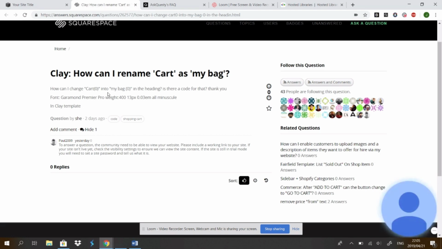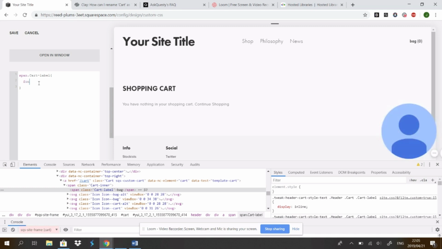I think he said font is this font. Is that important? And